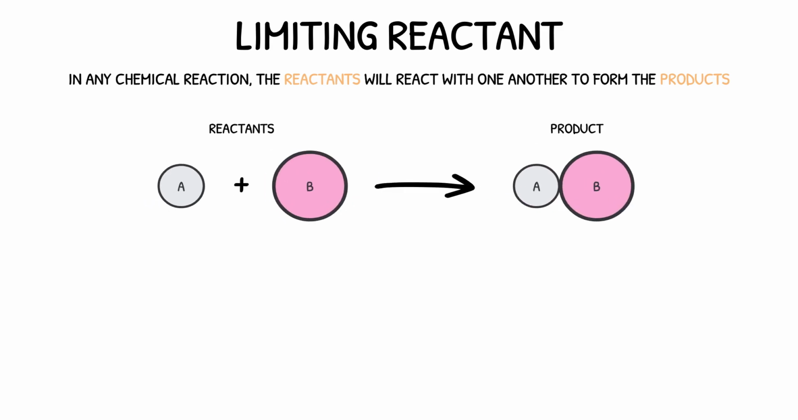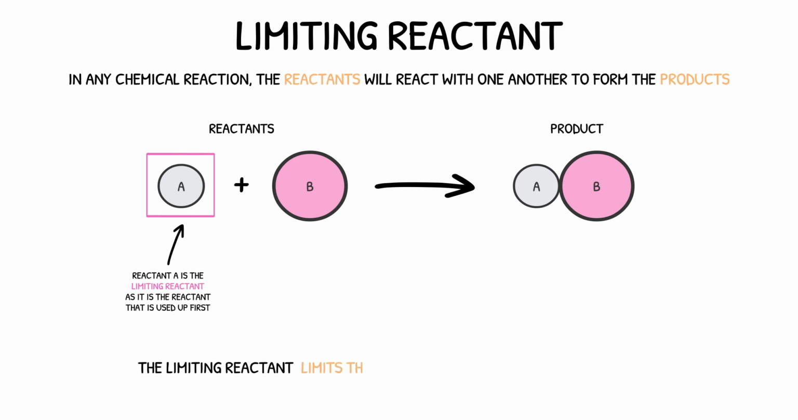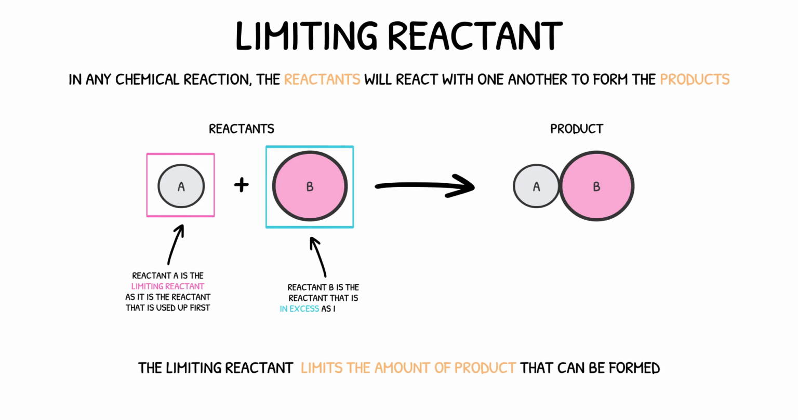For example, in this reaction, reactant A must react with reactant B to form our product. If reactant A is used up during the reaction before reactant B, then the reaction will stop, as there is no more of reactant A for reactant B to react with. In this scenario, we call reactant A the limiting reactant, as it's the reactant that is used up first, and therefore limits the amount of product that can be formed. In turn, reactant B is referred to as the reactant that is in excess, as it is not used up